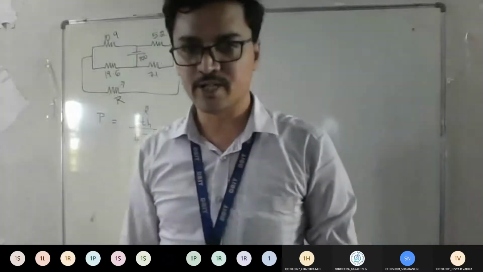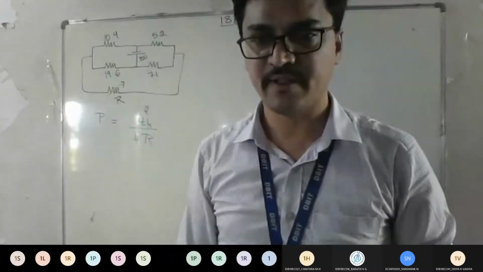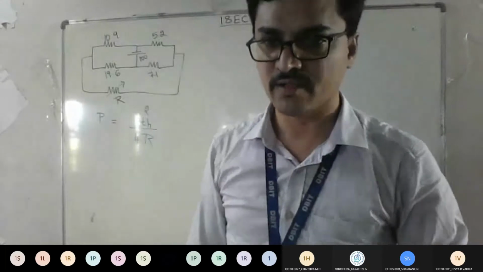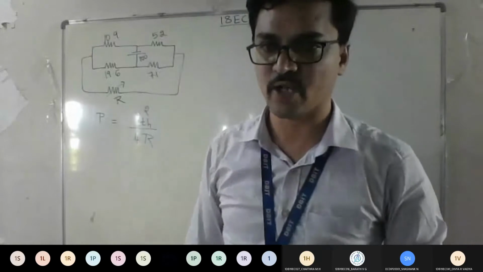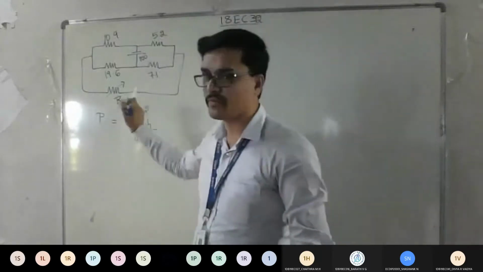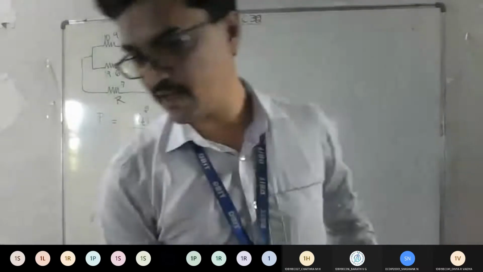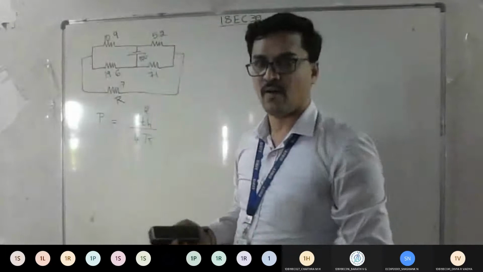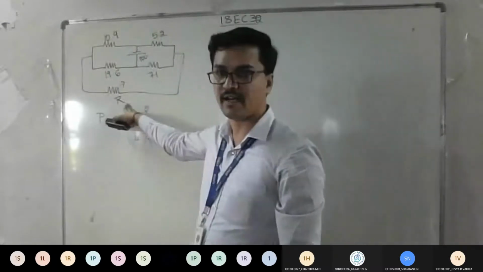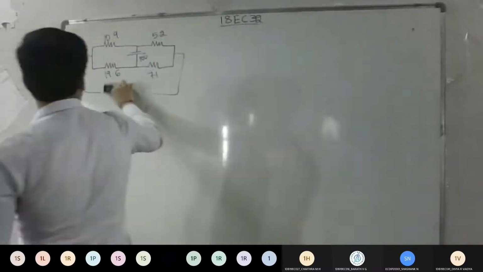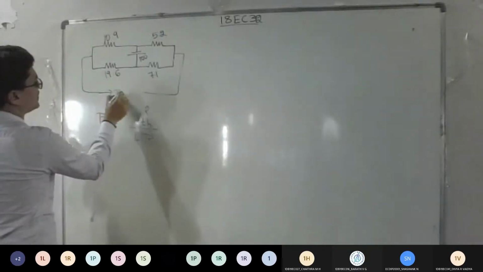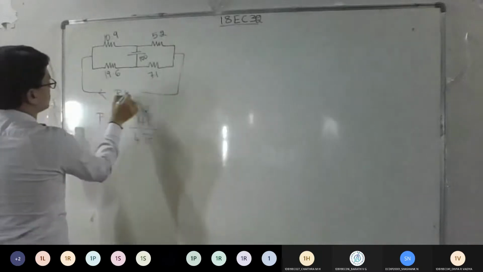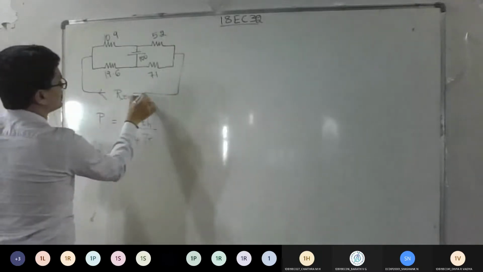If there is a voltage source, short circuit that. If there is a current source, open circuit that. From the given network, we know that there is only one voltage source, so we can short circuit it, and we can replace this load with my R equivalent. Whatever R equivalent you are going to find, that itself is your R, correct? So just eliminate that and replace it with your RTH, or R equivalent.